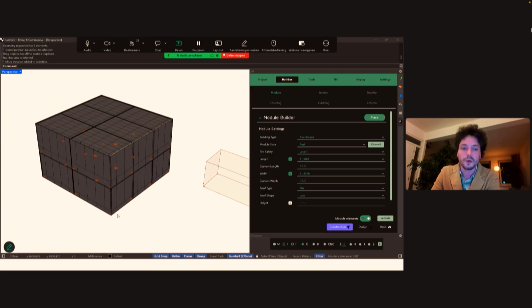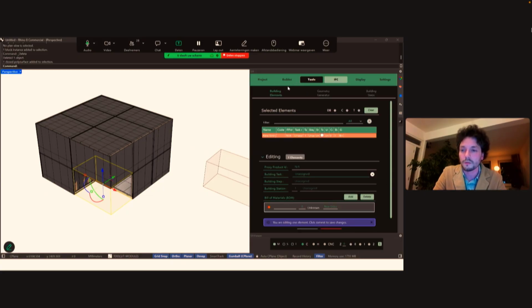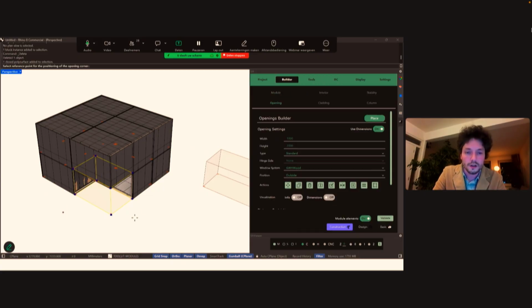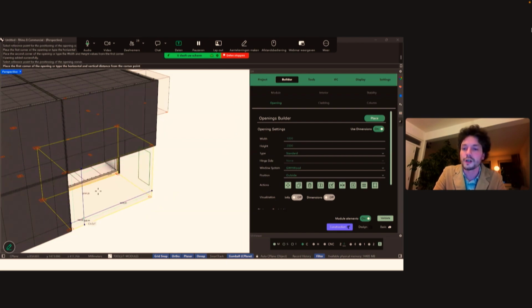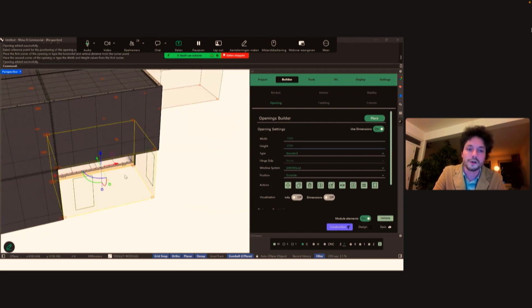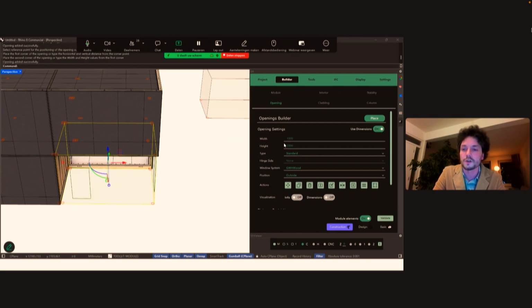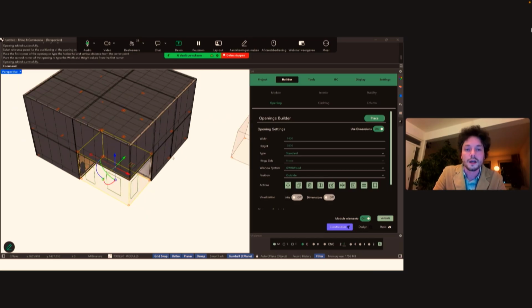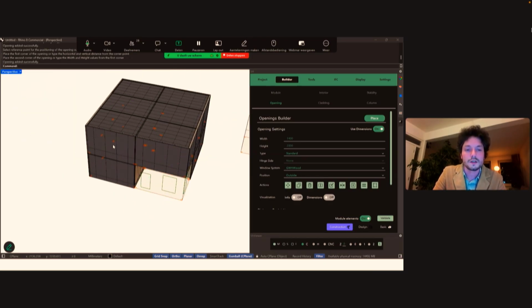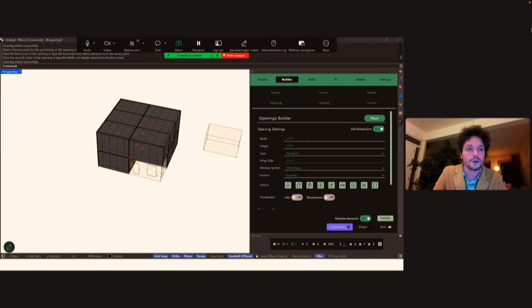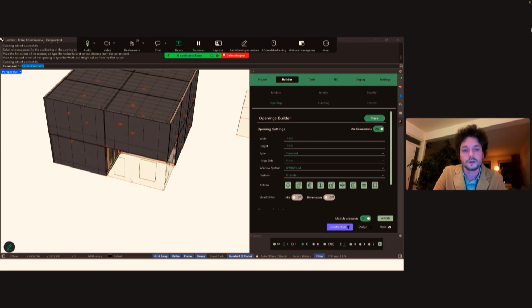So we can add more and more detail to this building. I'm just going to make a few windows. We basically allow for a lot of freedom. You can make your walls every thickness you want. You can make your windows whatever size you want. You can put them anywhere you want. And it all has to work within the software. What happens in the background now is that these will also be requested, right? So these will now be requested at the server.